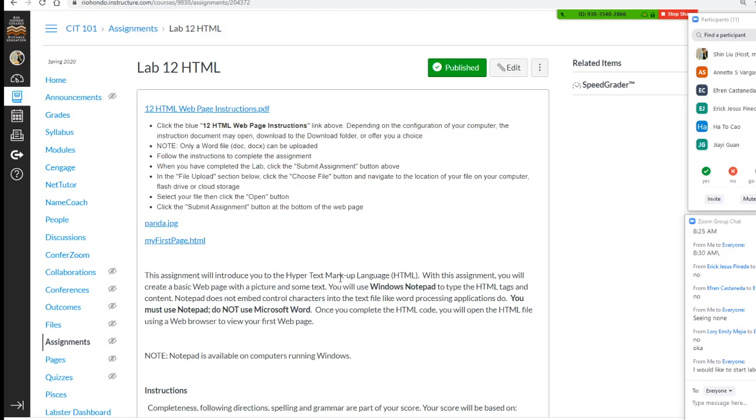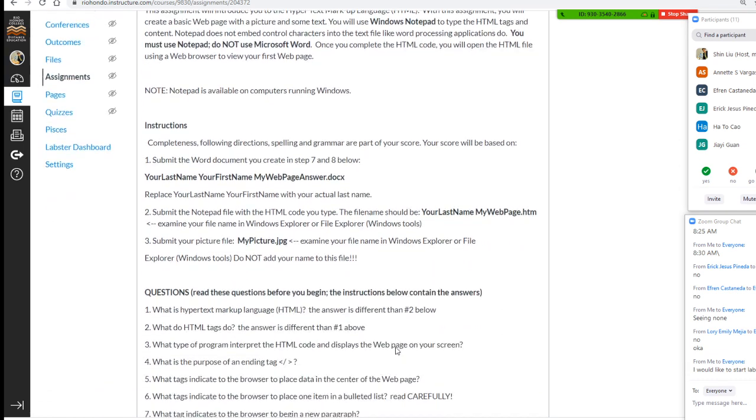All right, so lab 12 is HTML. This instruction you probably don't need to download because I put the instruction right here. But you do need to open a Word file. Okay, so open a Word file right now. As soon as you open the file,